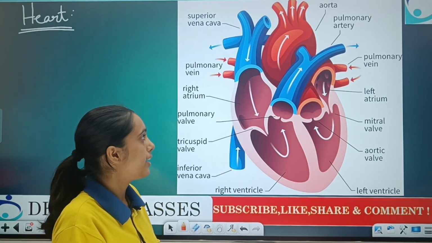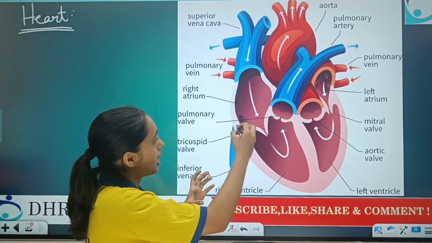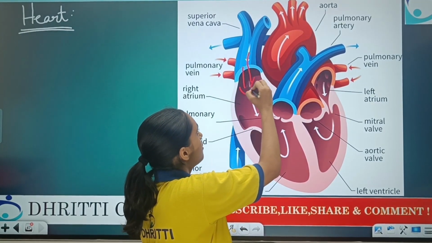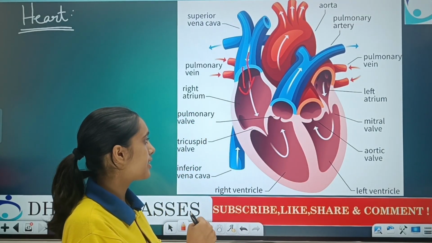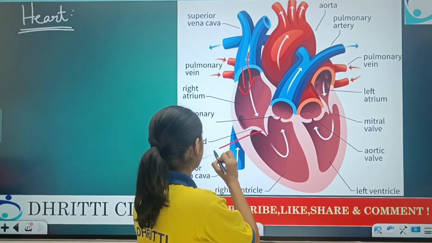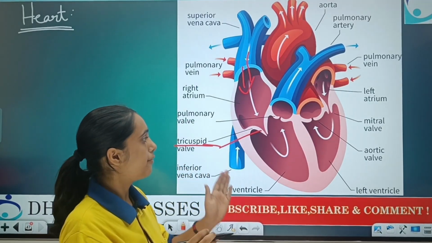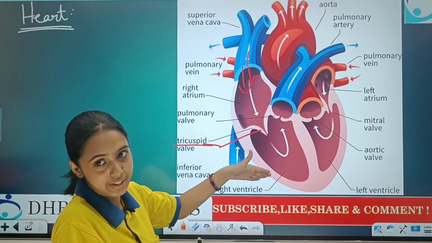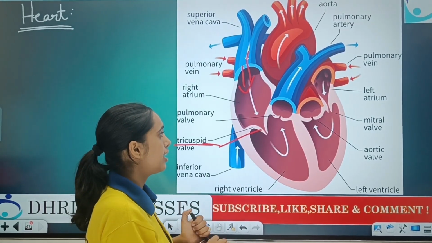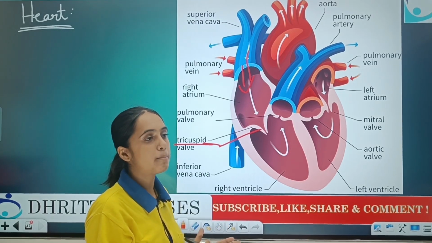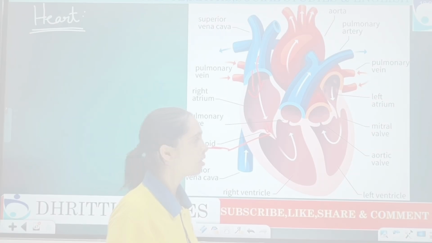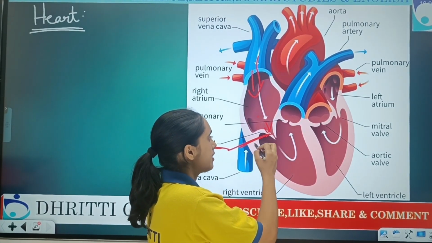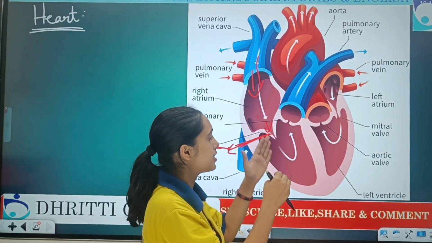In this chamber, when the blood enters, the heart relaxes. When the first chamber, the right atrium, relaxes, the blood with high pressure enters the right atrium. When it enters the right atrium, there is a valve present, which is known as the tricuspid valve, separating the right atrium and the right ventricle. The valves are present in the heart so that the backflow of the blood can be prevented. So when the blood enters the right atrium, it relaxes, and the valve is present to separate the chambers of the heart.